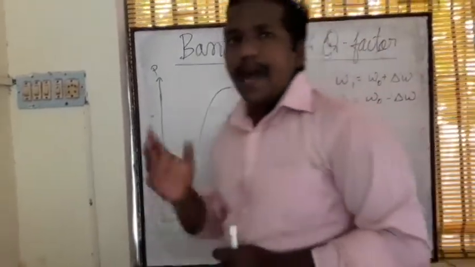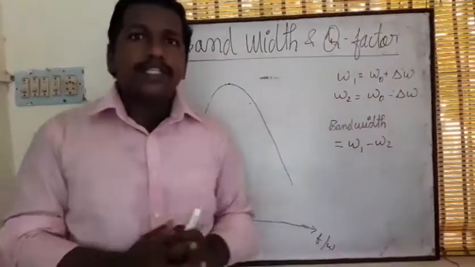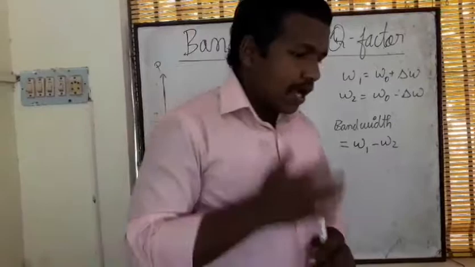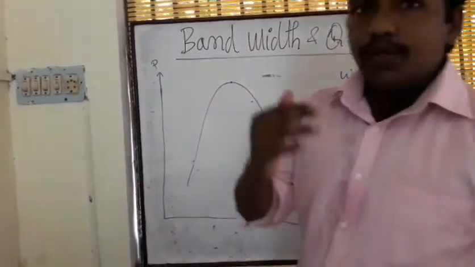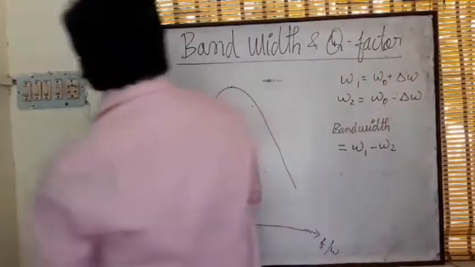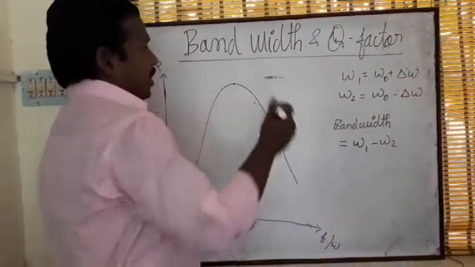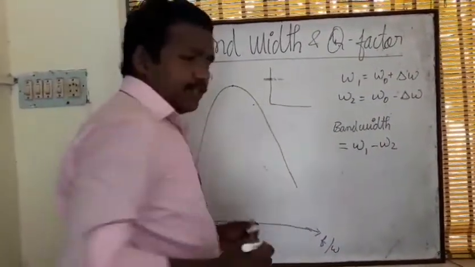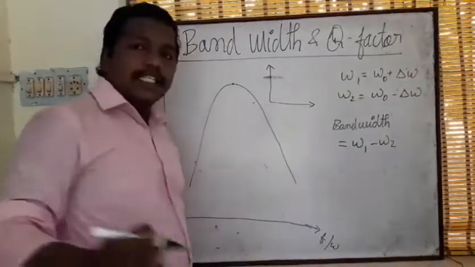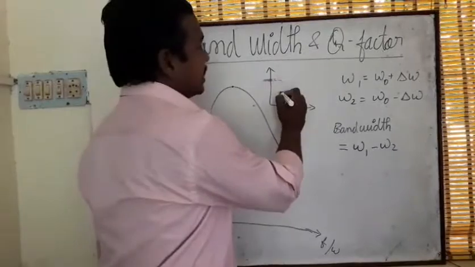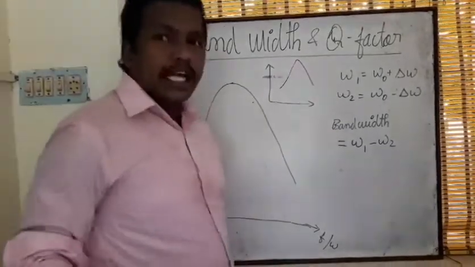Okay, so bandwidth is representing the width of signal absorption and Q factor is representing the quality of the sound you are going to hear. Okay, so we know a lower resistance is going to give the higher peak value. So see here, three resistances I have taken. It's a low resistance, we are going to get a higher peak value.